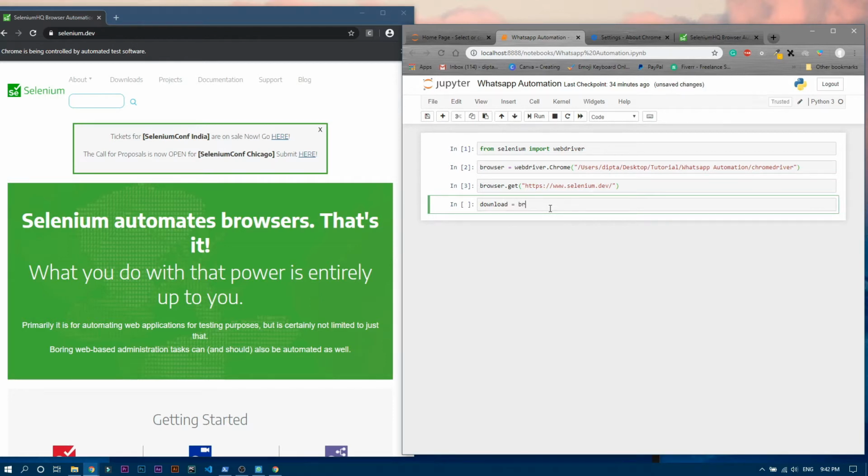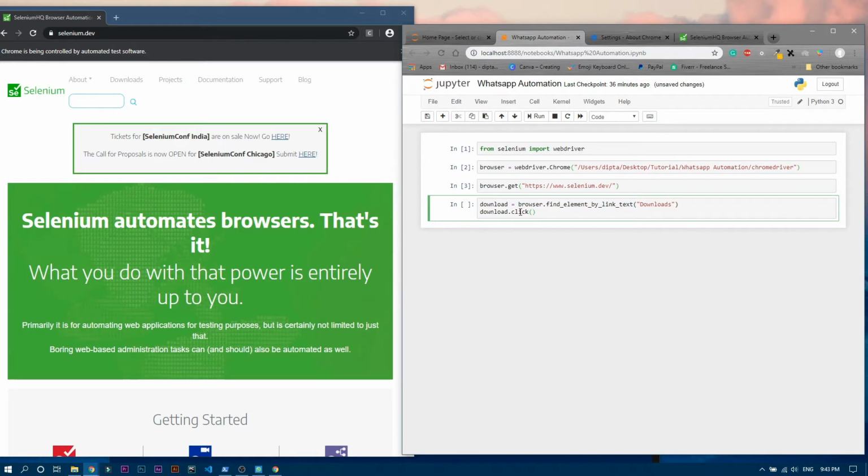That will store the download link. We just need to write browser, since it is the main website variable name, then browser.find_element_by_link_text. Let me find it over here. Yes, this one, find element by link text, because we are storing the link. In the parentheses we write the name of it. Here it is Downloads, with D in capital, so we write Downloads. That's it. Now if I write download.click with the parentheses, it should click on that particular link.